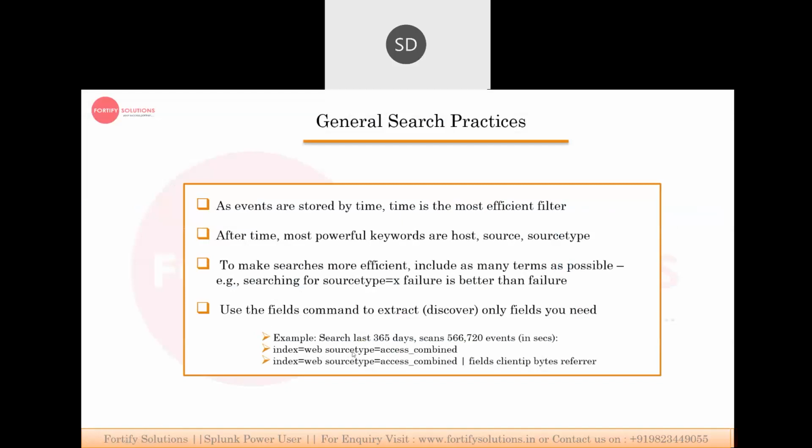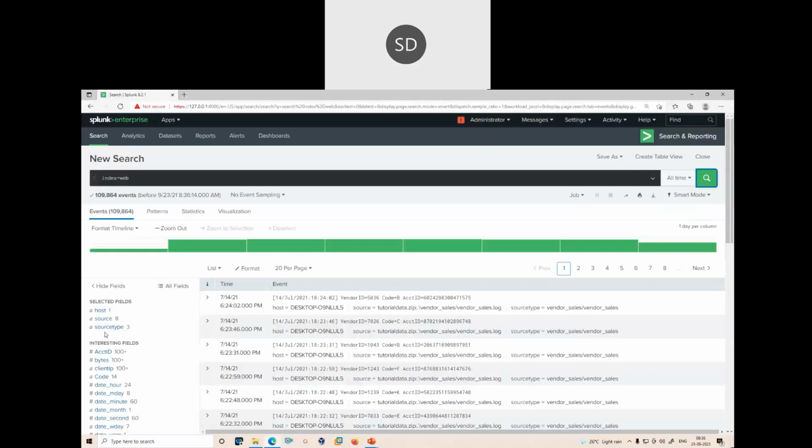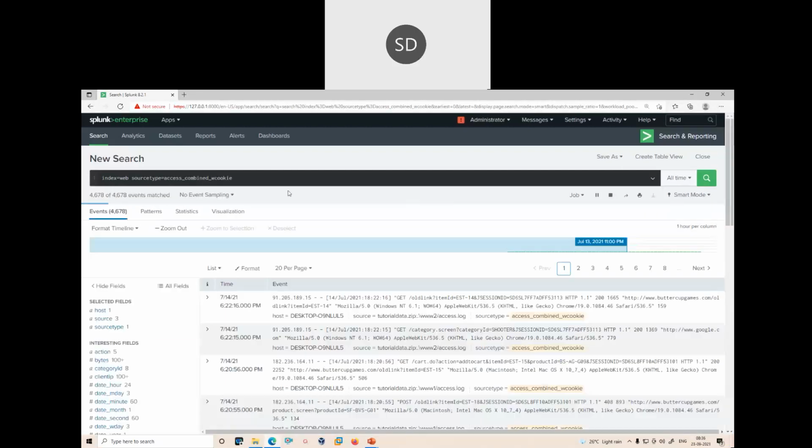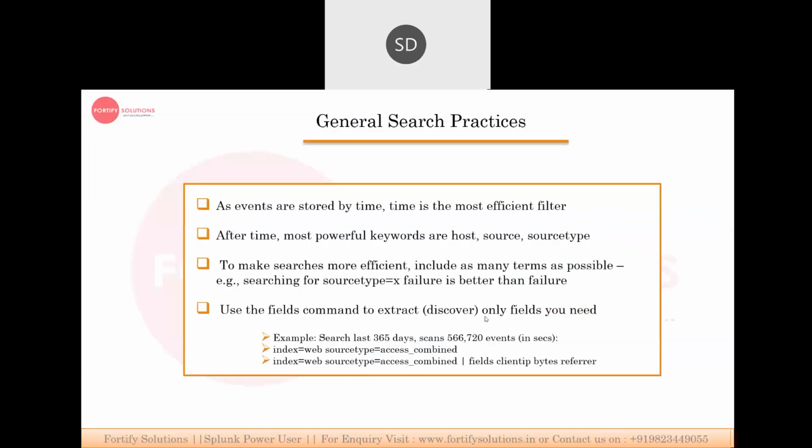Then we have to type the source type. You can see the source types are there; we have created three source types for the event data. Let's suppose we want the specific data of this type, access combined. Actually we can change the source type there, but we had not changed it. But again you can just search the data.